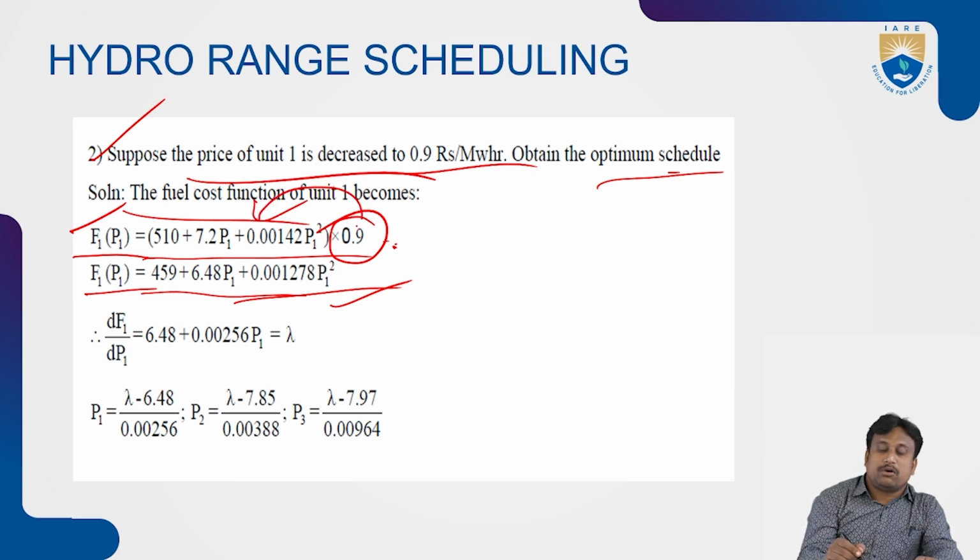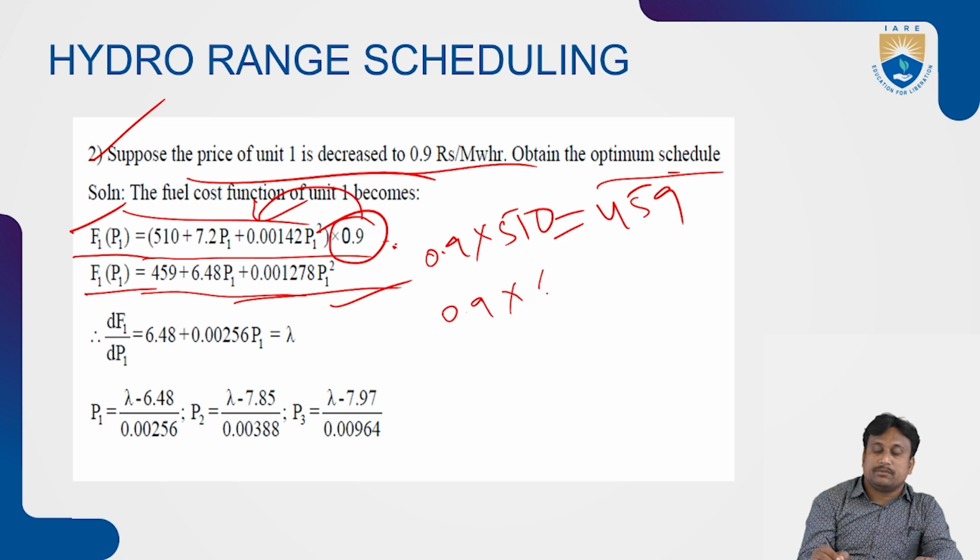That means 0.9 into 510, which gives 459, and 0.9 into 7.2 P1, which gives a value of 6.48. And similarly 0.9 into